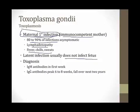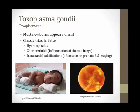And the diagnosis is with antibody testing. IgM antibodies are positive in the first week after exposure. IgG antibodies peak at about 6 to 8 weeks and fall over the next 2 years. Most newborns who have been exposed to toxoplasma in utero will appear normal at birth, but the classic triad in